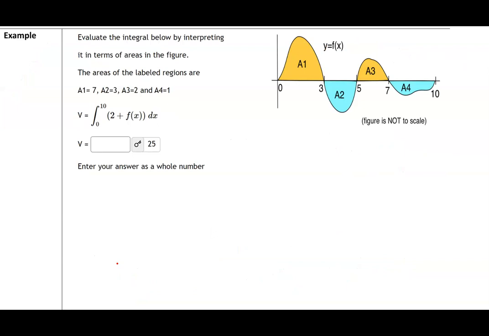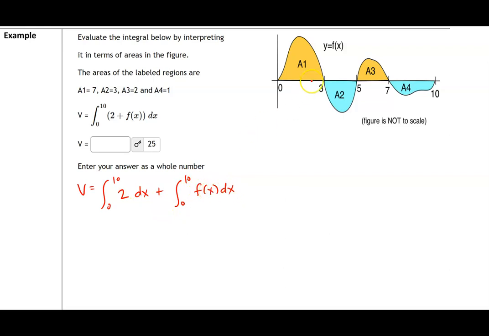All right, now in this case, we want to find the integral from 0 to 10 of 2 plus f of x dx, where f of x is this given function, but we don't know anything about 2. Okay, so let's go and break this down. So first of all, we're taking this integral and we have a plus sign. So whenever we have a plus sign, we can split this up into 2 different integrals. We have the integral from 0 to 10 of 2 dx,